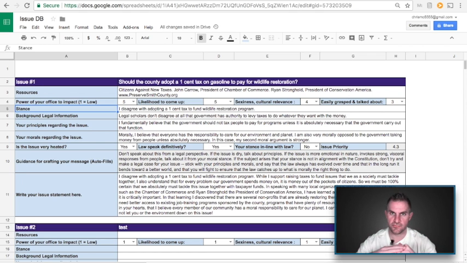So for the purposes of rounding out this lesson, just keep track of all of your issues in here. Keep on recording them down, get those basic resources, your basic stance on each, and then we'll show you how to proceed after that in following lessons. So hope you guys take the time to get comfortable with this Excel file and that it's useful for you in recording down all these issues and thinking about them.